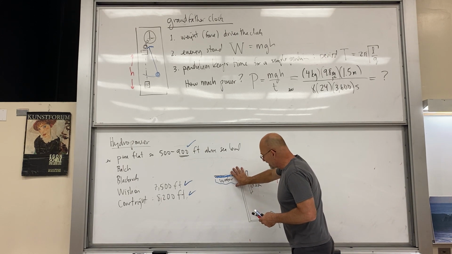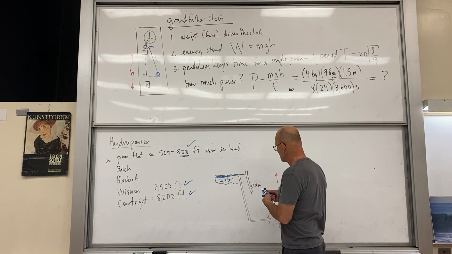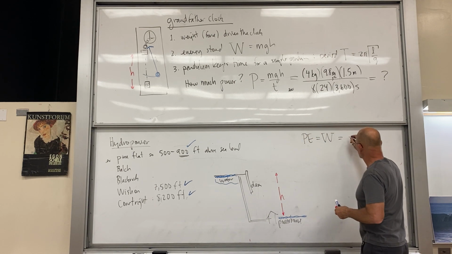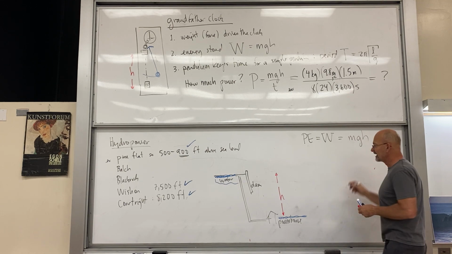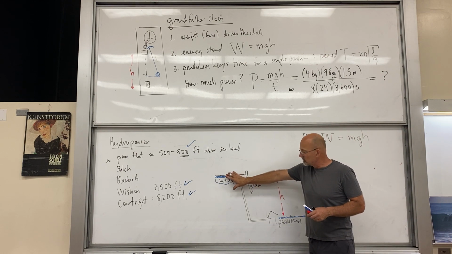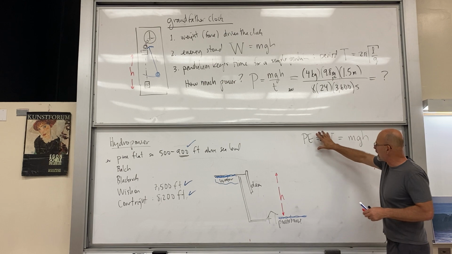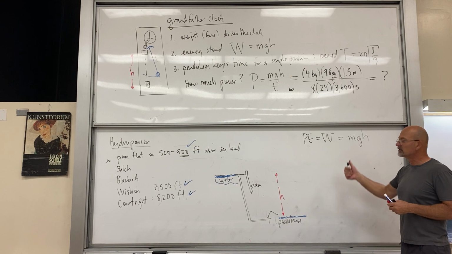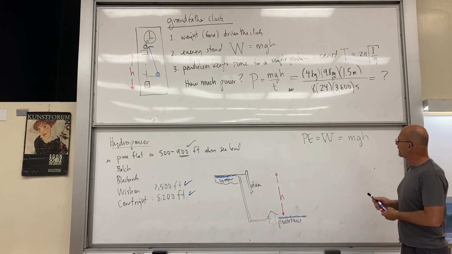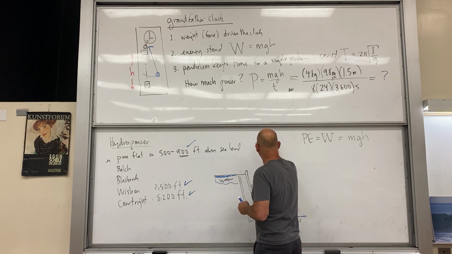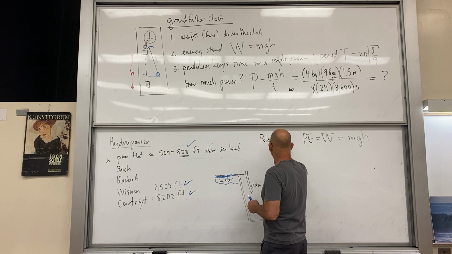So the water has potential energy, and potential energy, which is also work, is just the mass times g times h of the water. If you knew how much water there is up there, you could right then and there calculate how many joules of energy are up there. I'm going to do a conversion before we're done, but right now, that's the potential energy of the water. I'll put it here. Potential energy